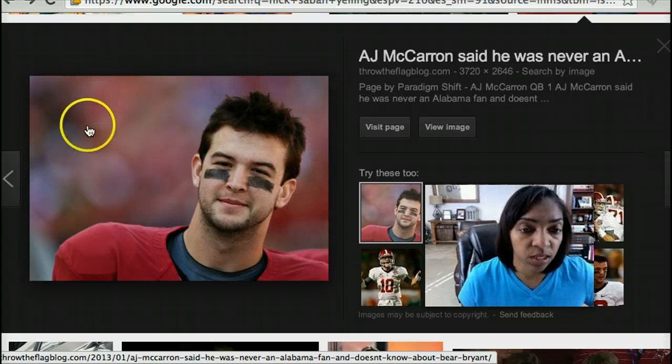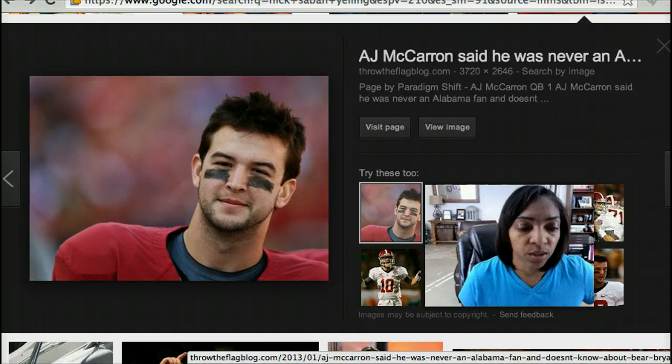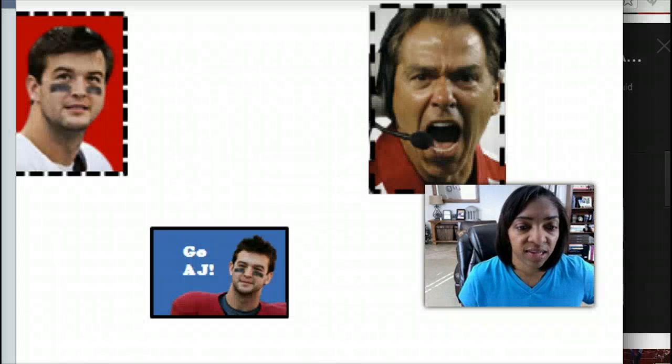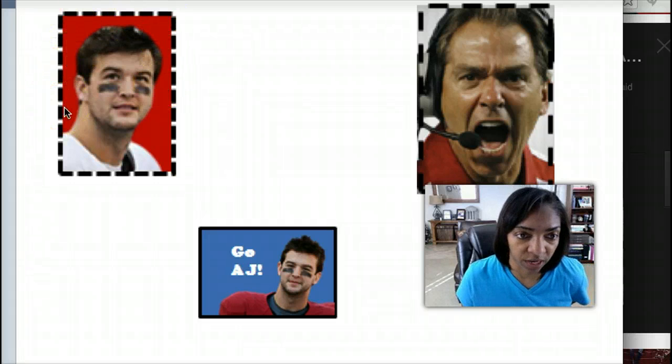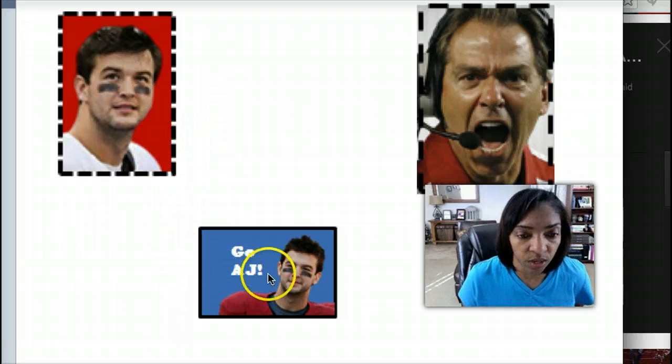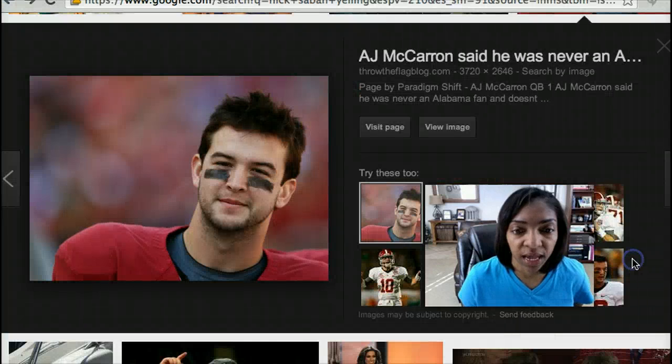Now, for some uses, that might be great. For others, you might want to have it stand out by having different colors, right? This is another picture that I used of him, and it was a crowd in the background or some teammates or whatever, and so I wanted to cut it out and give it a red background. You can also add some text. So what I'm going to show you here today is the first tool that I use to do that,